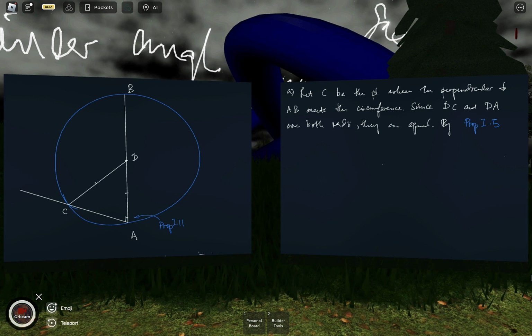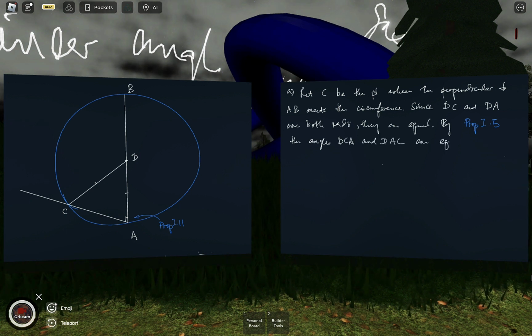So by 1.5, the angles DCA and DAC are equal, right? And by construction, they are both right angles, because we constructed DAC to be a right angle, and so this is a contradiction. Because we have a triangle, we can't have two right angles in a triangle, right? Which contradicts